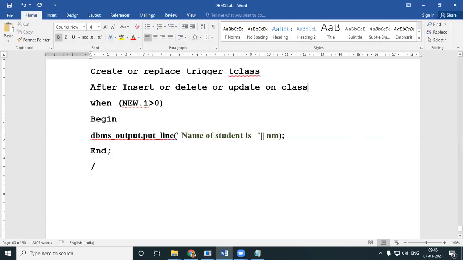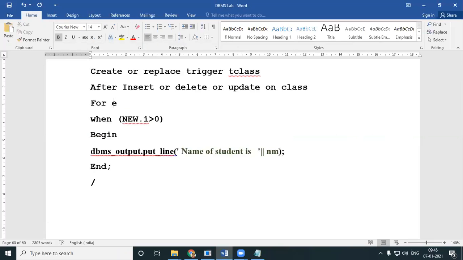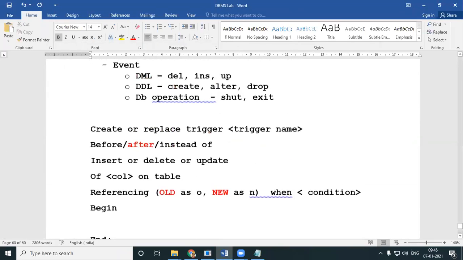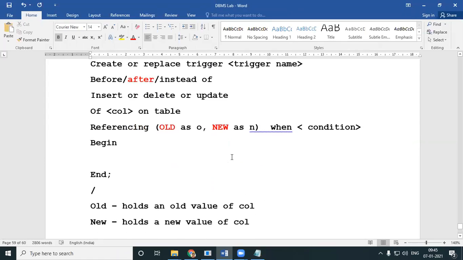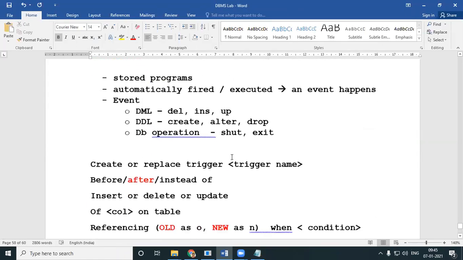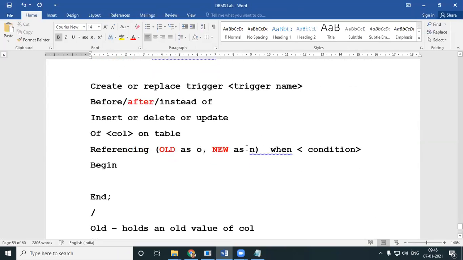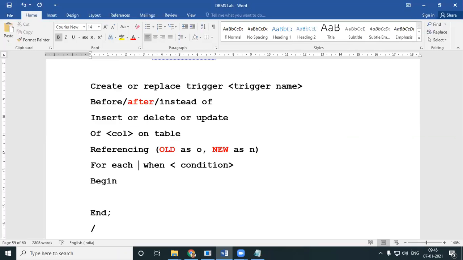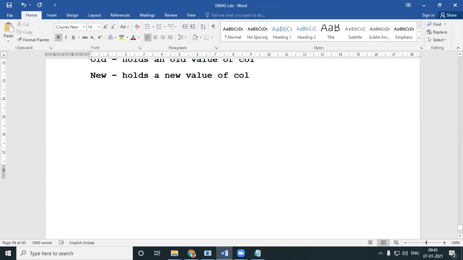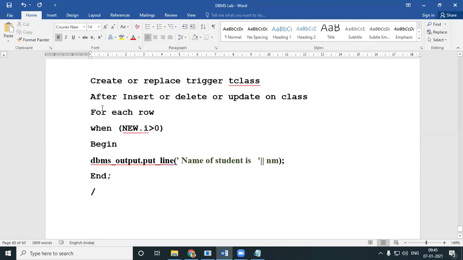So I'll give for each row over here. If you forget for each row, it will not happen for all rows, because you want it to happen from the beginning of the table till the end of the table. I just copied this over here.